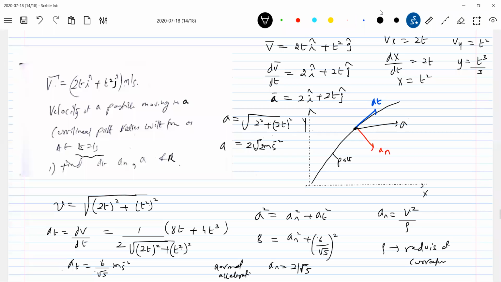Many of you asked, sir, what is the difference between dv bar by dt and dv by dt? dv by dt is the rate of change of speed. dv bar by dt is what? The total acceleration, the rate of change of velocity. So dv bar by dt in circular motion indicates a bar. a t indicates tangential. dv by dt indicates tangential acceleration. And for a n, we write v square by rho. What is rho? Radius of curvature. So it should be somewhere here. We don't know where the curvature is, somewhere here.